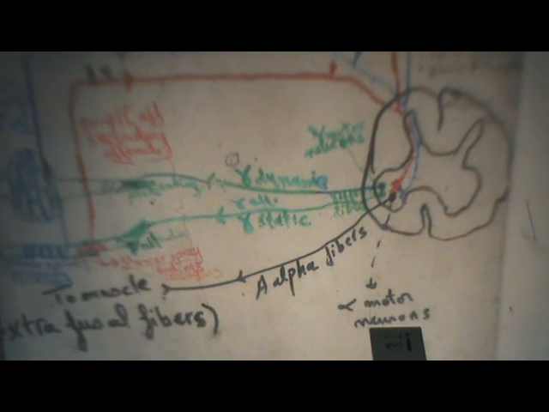There are 2 types of gamma efferent fibers. One gamma efferent fiber, number 1, is called the gamma dynamic efferent fibers. And this terminates on the peripheral contractile end of the